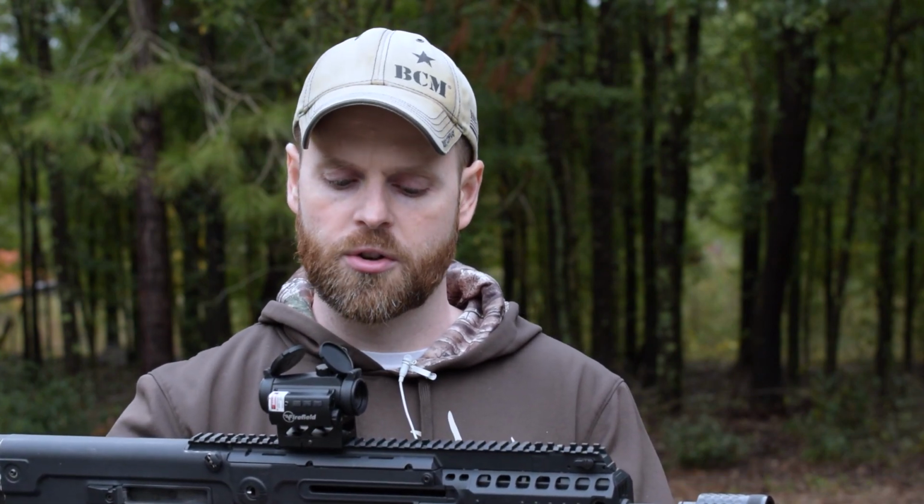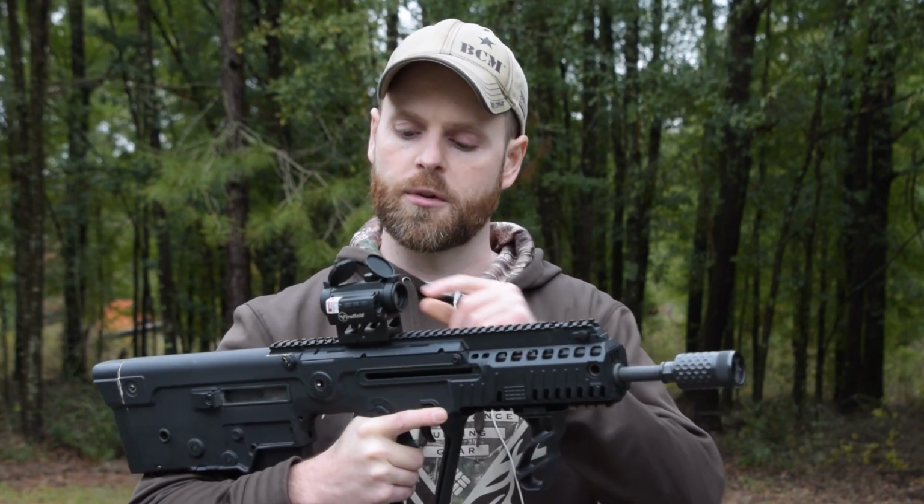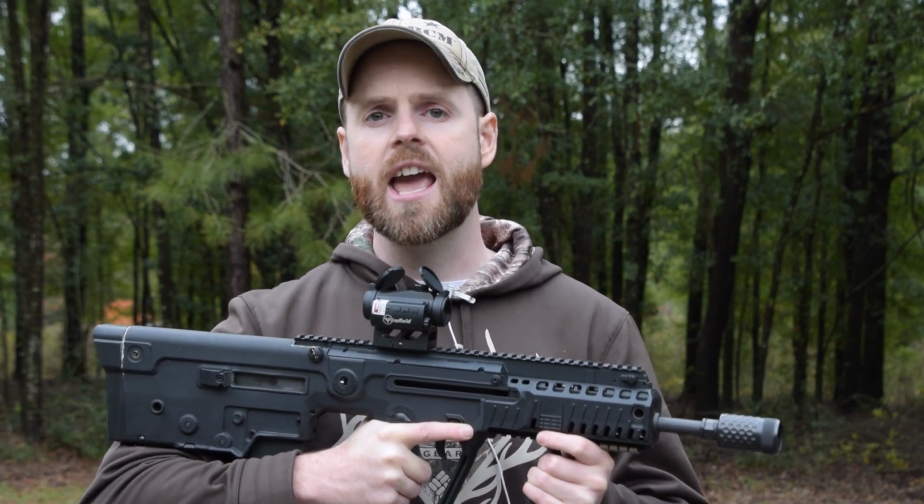Because while it may look great out of the box and even function fine for the first 100 rounds or so, what really matters is how does it hold up to long-term use and abuse. So we'll put this little FireField on something a little harder kicking than this X95 and 5.56 and find out if it can really hold up to the recoil that FireField says it can,